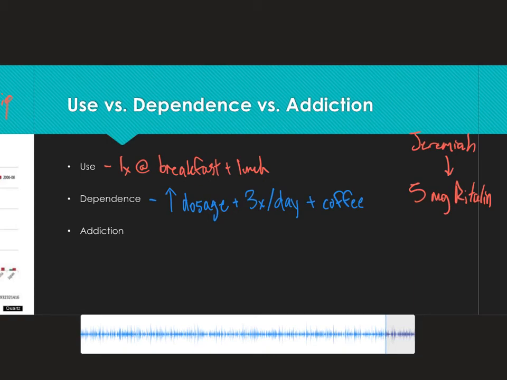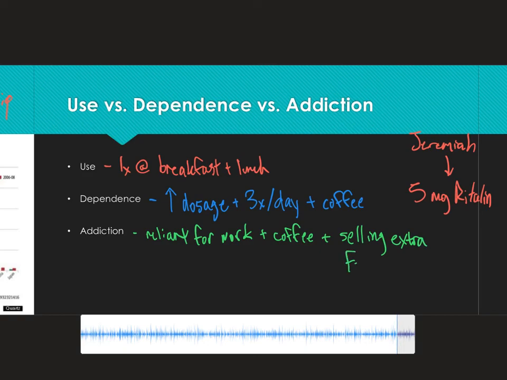Addiction would look like Jeremiah graduating college and not requiring his medication to the same extent. When Jeremiah begins his new job in the real world, he soon realizes that he can't properly and efficiently accomplish his work. On off days, Jeremiah still bombards his body with stimulants in order to stay motivated enough to get through the day. Jeremiah begins taking his medication again while supplementing coffee and energy drinks.